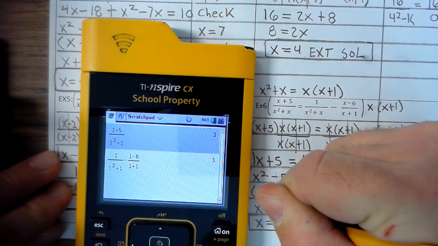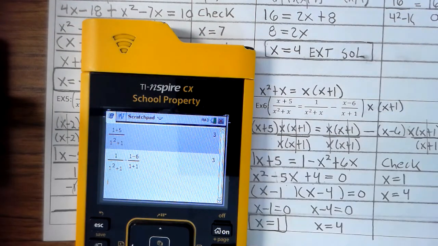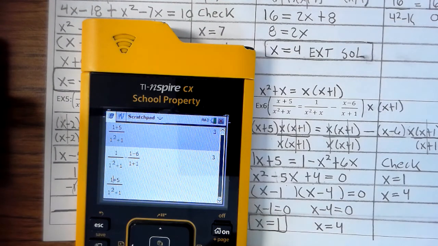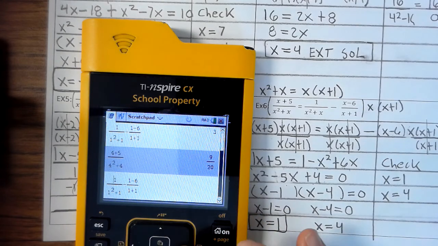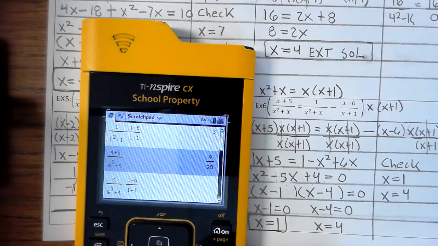Okay. Now, one thing you can do is just highlight, press enter, and change the 1 to a 4. So everywhere there's a 1, that's a 4. Okay, and then you can highlight here and change wherever there's a 1 to a 4. Now, you'll notice something that